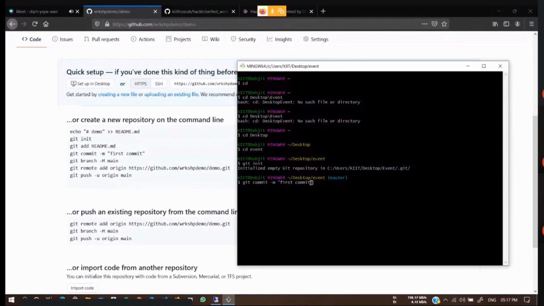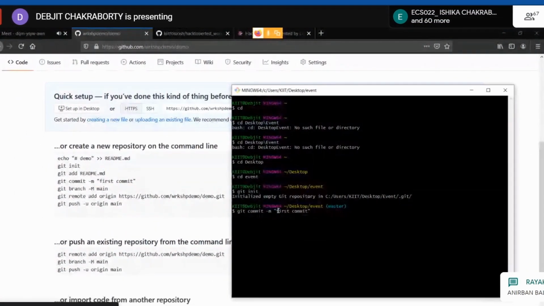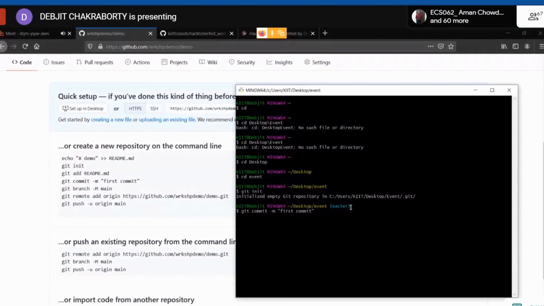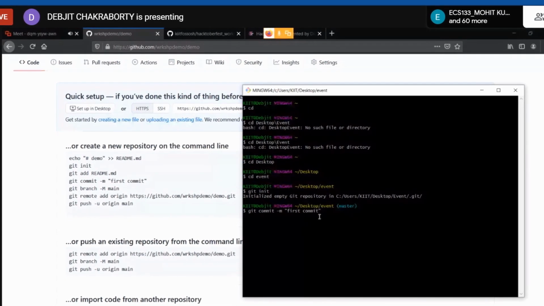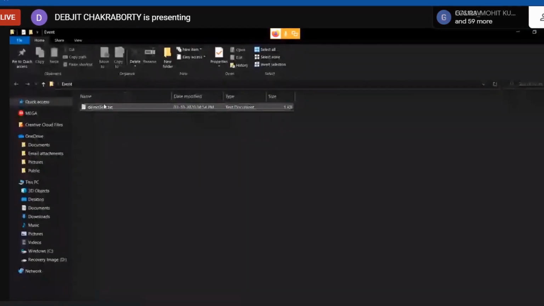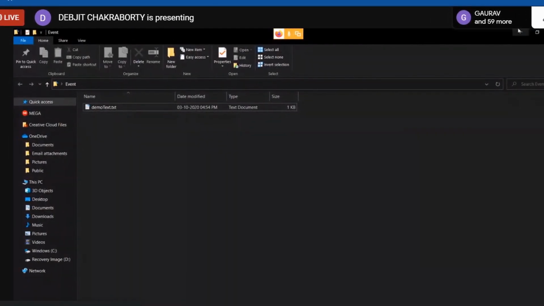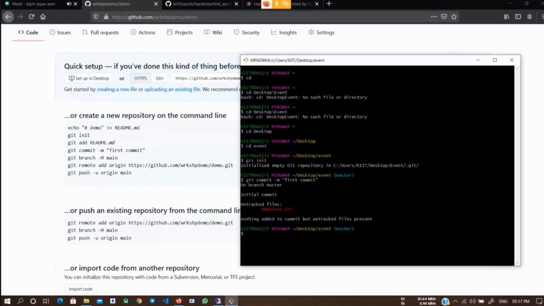Whatever you put inside the double quotes is the message you want to create for this commit. And git commit means you are committing the changes you have made inside this file, this demotext.txt. So we will run this command. Here it says initial commit, untracked files demotext.txt.